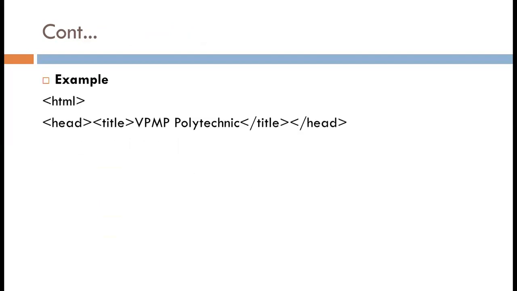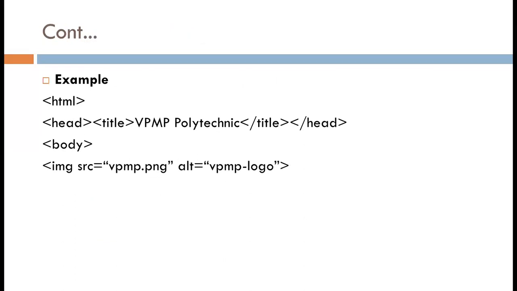HTML tag, then head, then body, then image, then slash body, then slash HTML. Here, the image tag is used between body tag and slash body.